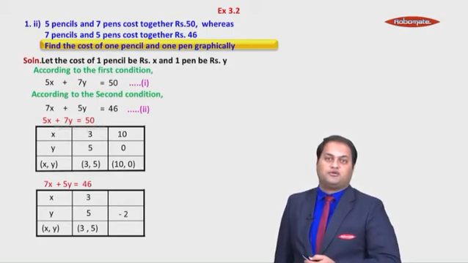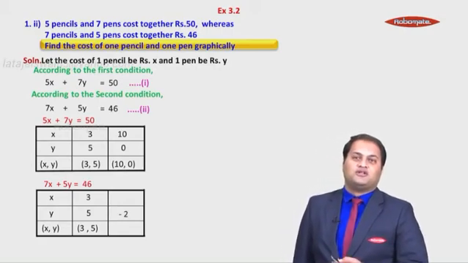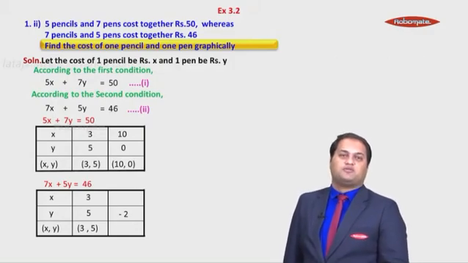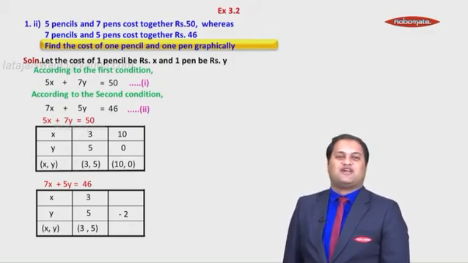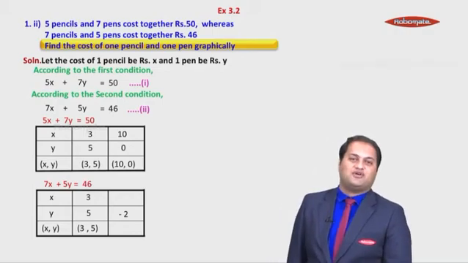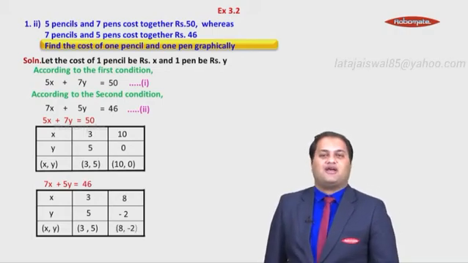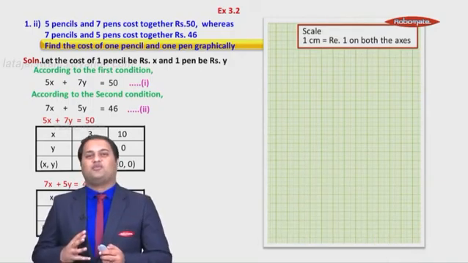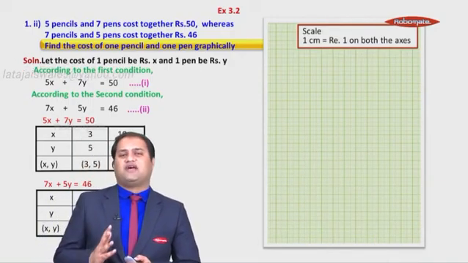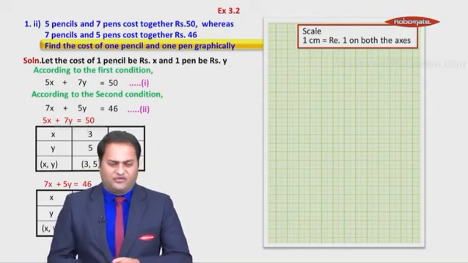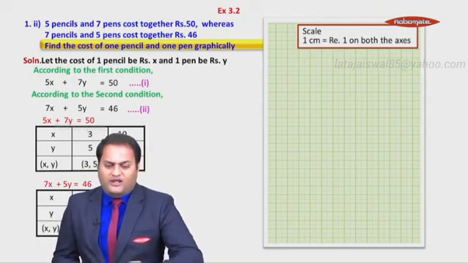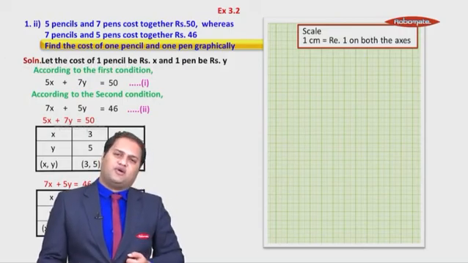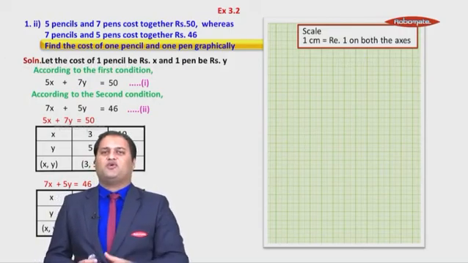For example, if you substitute y is equal to minus 2, just check 5 into minus 2 is minus 10. It goes to the other side, becomes plus 10. 46 plus 10 is 56. So 7x is equal to 56, x is equal to 8, and you get a valid point. Right? This permutations and combinations you may have to do in the exam a bit. Not much. If you don't get a value till say 1, 2, 3, 4, you try with the negative values as well, and you will get the answer fast. So no need to worry about it.